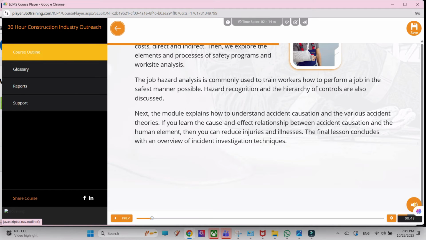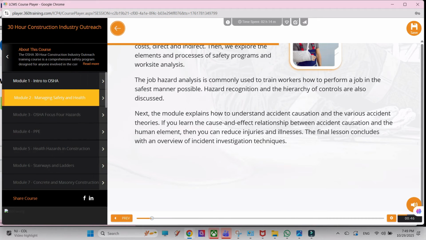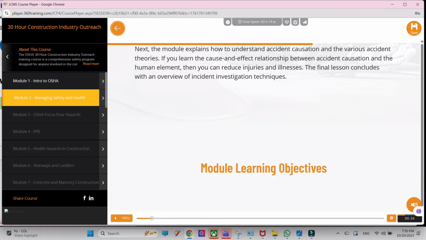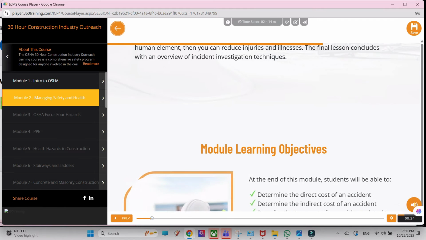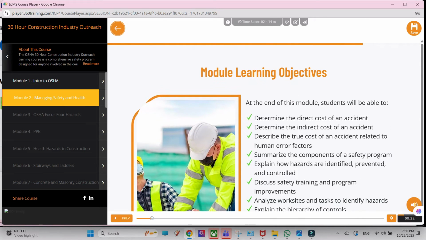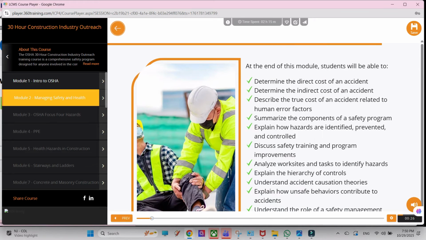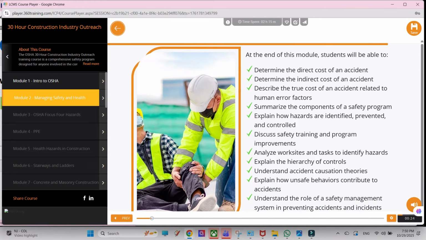Module Learning Objectives. At the end of this module, students will be able to determine the direct cost of an accident, determine the indirect cost of an accident, describe the true cost of an accident related to human error factors, summarize the components of a safety program, explain how hazards are identified, prevented, and controlled, discuss safety training and program